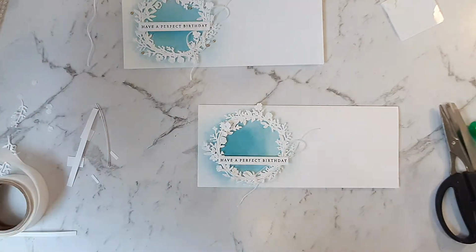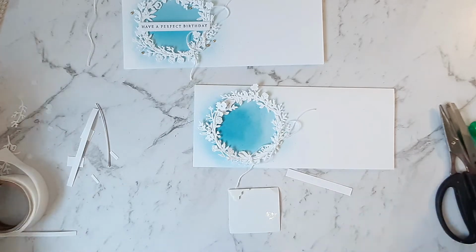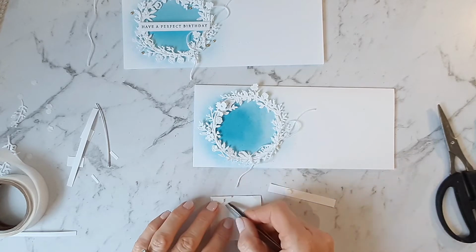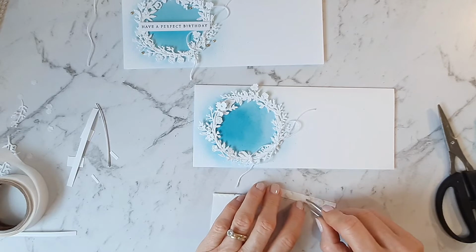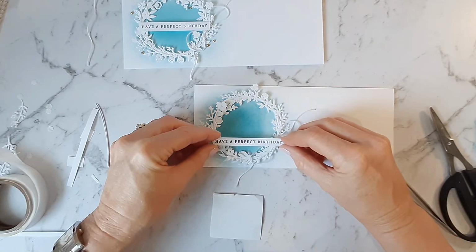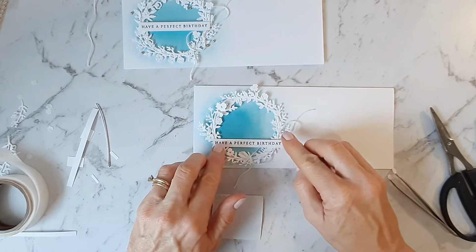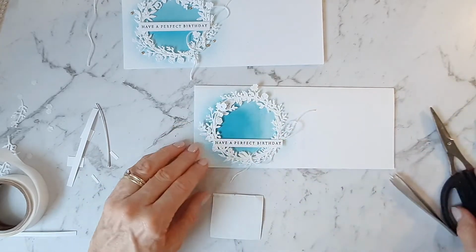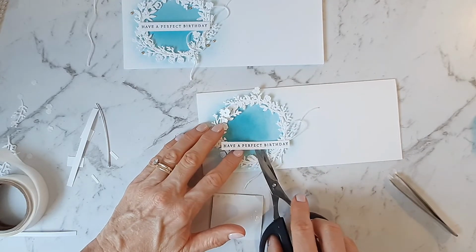So I'm just going to put some more of the mini dimensionals on. I can just tuck that along that middle part of the sentiment. That will go inside the wreath. Just sit about there. Actually, it's quite high on that side because it's going over that bow. But so what you could always do. So what I'm doing is cutting these because I've